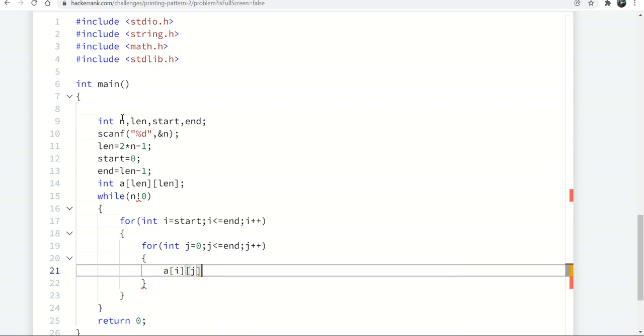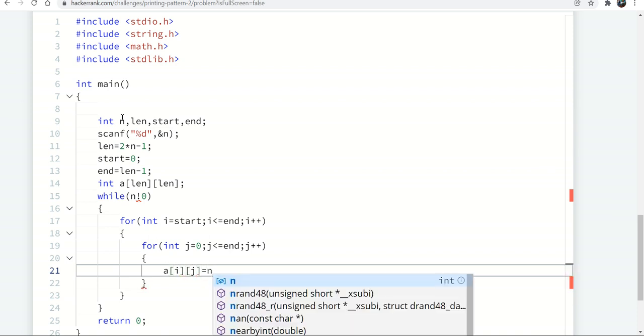I is equal to n. Suppose n is 12, then for n is 11, for then 11 it will print, for n equal to 10 it will print, for n equal to 9, for 9 it will print, like that. When you go through the problem, whatever I discussed there, you will automatically get that. That's no issue.